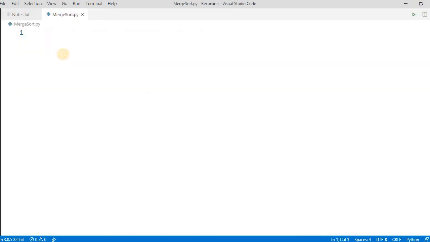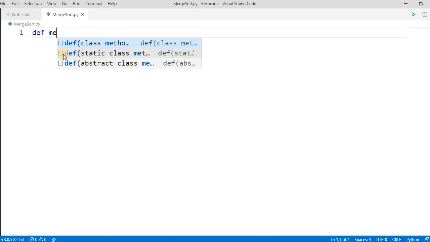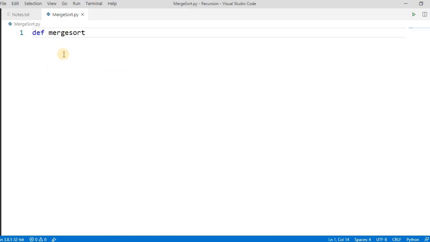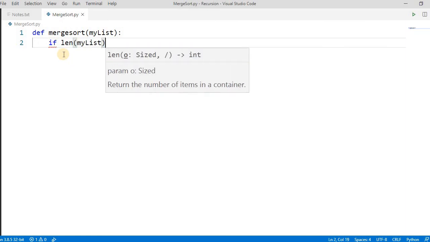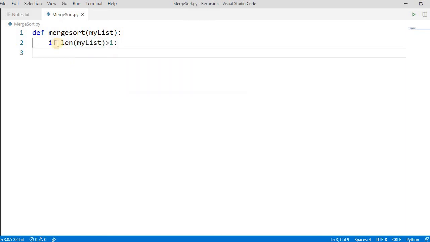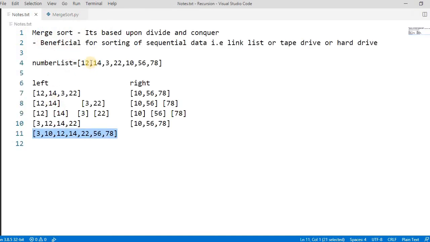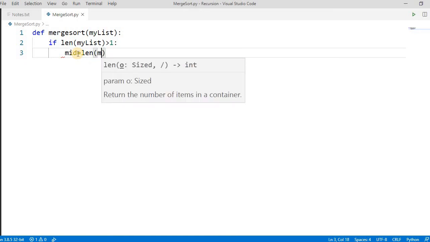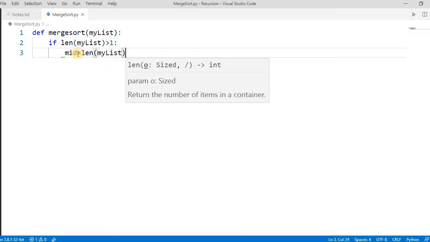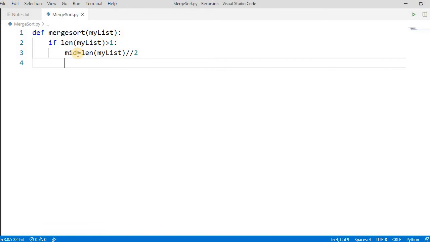Let's try to implement this. Let's create a method, def merge_sort, taking my_list. If the length of my_list is greater than 1, then only we break it into the left and right part. So we calculate mid as len(my_list) divided by 2.